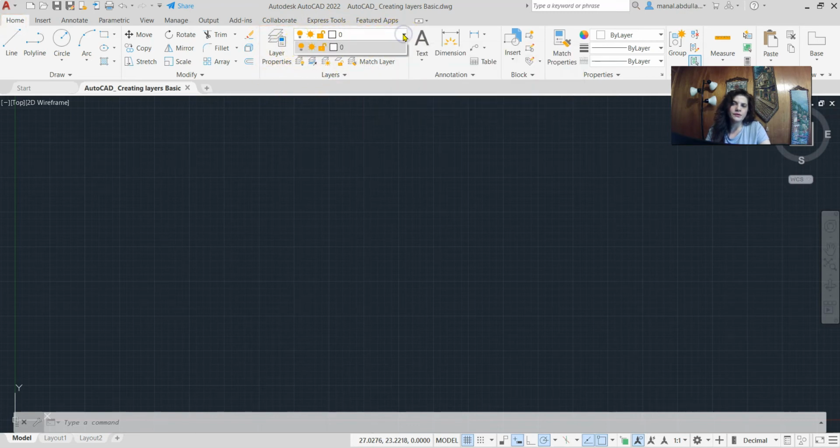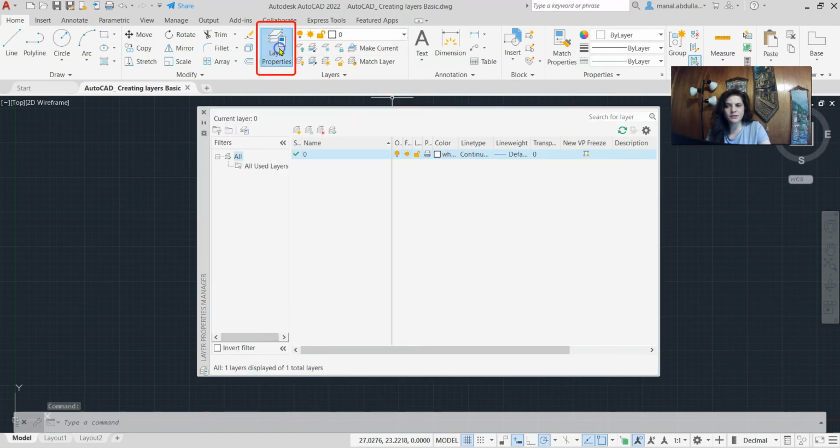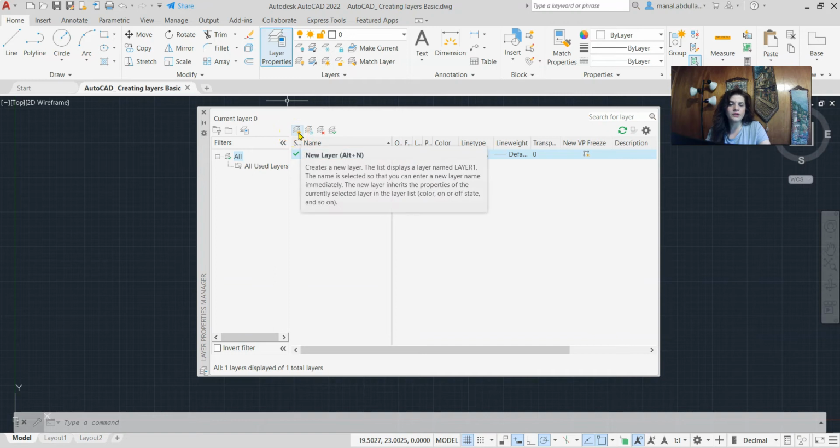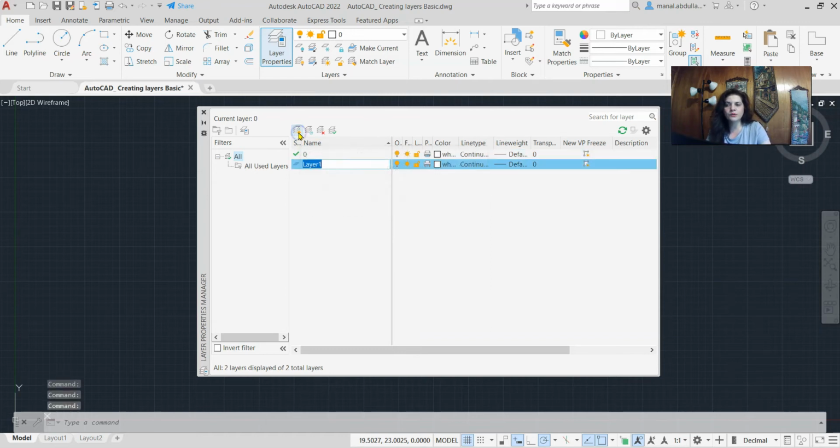I'll click on this arrow. I just see layer 0, and it's there by default. If I need to create several layers, I click on Layer Properties, and this is one way. Click on Layer Properties, and there is a little icon here. If you hover over it without clicking, you see some information. As you see on the screen, it's New Layer, or Alt-N. So you can type Alt-N, which is the shortcut, or you can just click New Layer, and